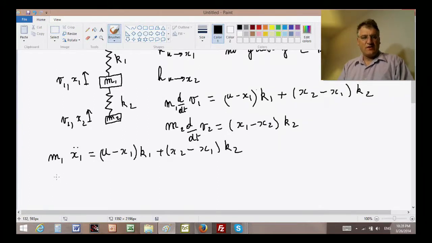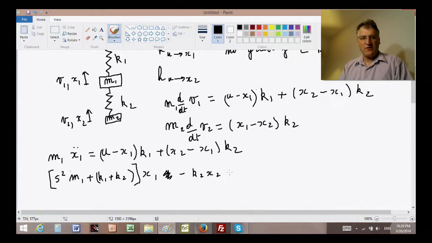In other terms, we get that (s squared times m1 plus k1 plus k2), everything times x1, plus minus k2 x2, expressed in the Laplace domain now, must be equal to k1 times u. That's the first equation that we need